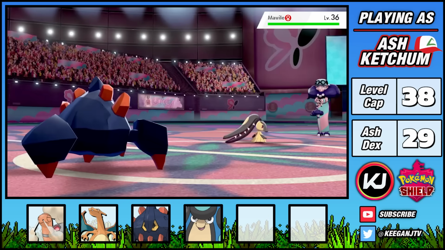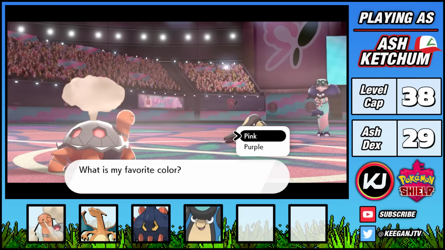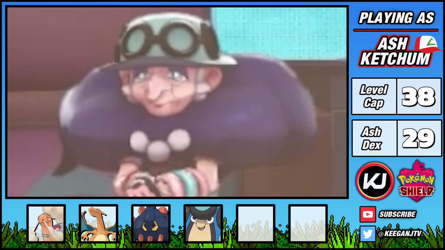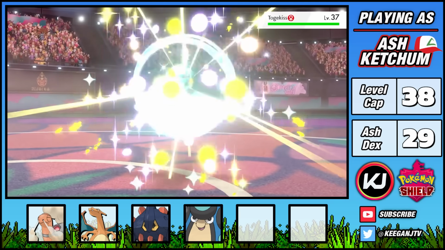Boldore doesn't have much that can damage Mawile, so I bring out Torkoal. Alright, I know this one. It's gotta be pink! Are you kidding me? A boosted Overheat is all it takes to burn Mawile to a crisp, but Opal's next Pokemon was about to